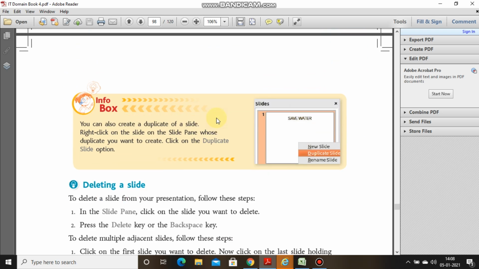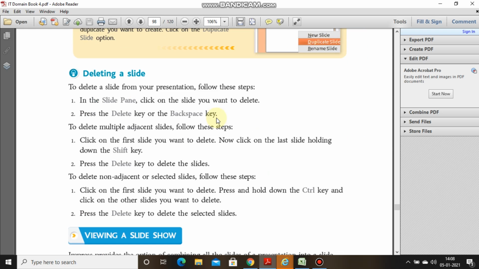Then comes how we can delete a slide. For deleting a slide,